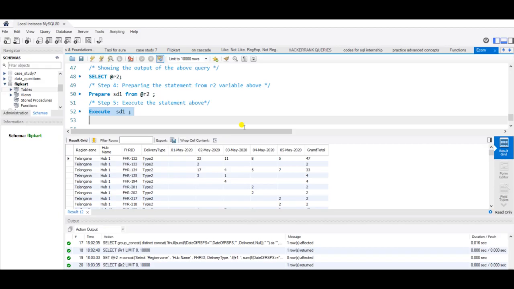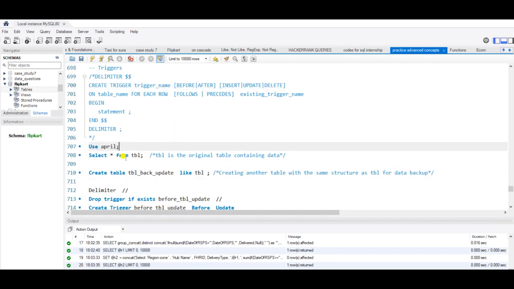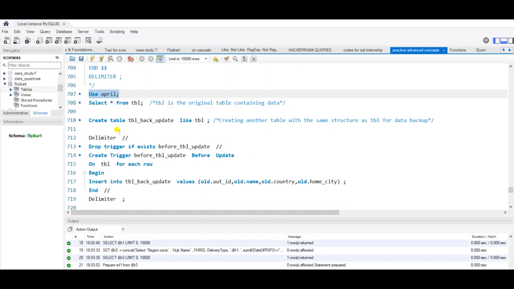So let us see the syntax of a trigger. This is our syntax of a trigger, that is delimiter, create trigger, trigger name, before or after the event. Event is my insert, update, delete on table name, for each row follows or precedes existing trigger name, begin and end, where I'll have the body of the trigger, and the delimiter. So basically here we'll have two triggers, one is before update and another is after insert,